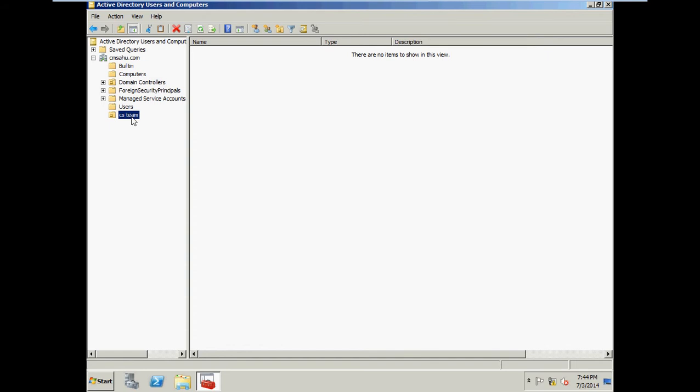Before you create an organizational unit, you should understand what exactly an organizational unit is. The name suggests it comes from "organize".